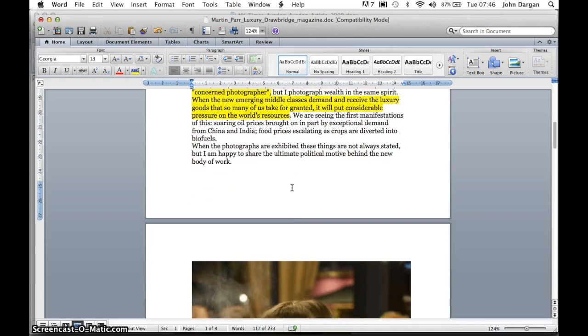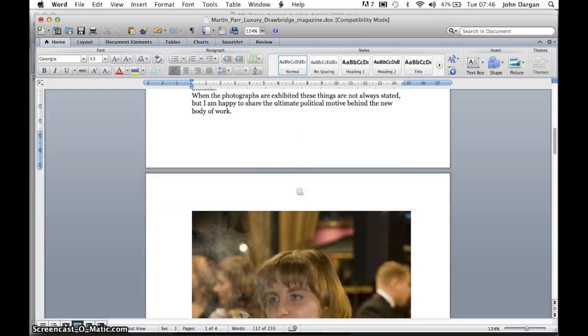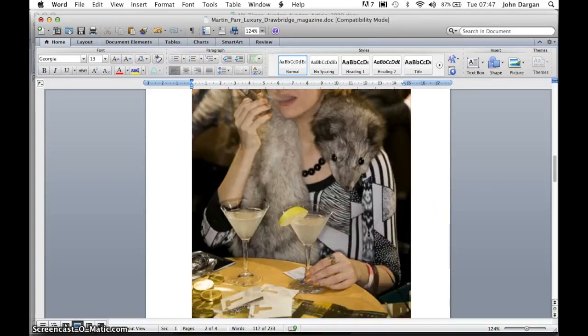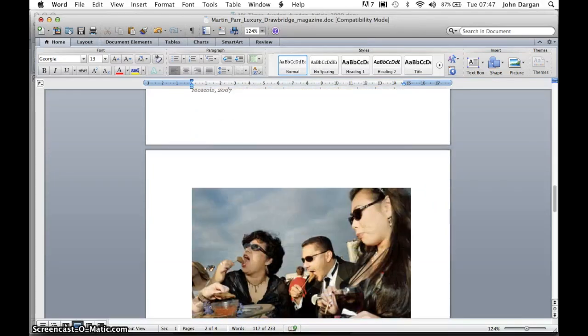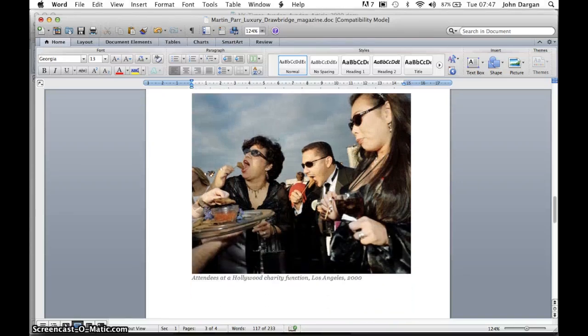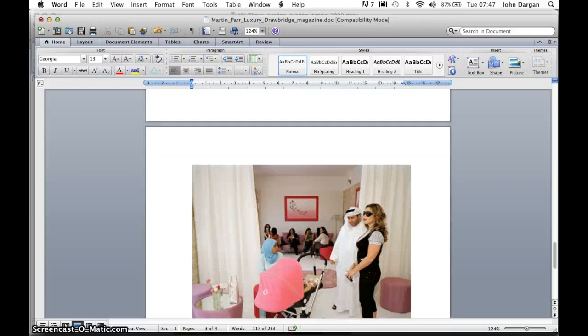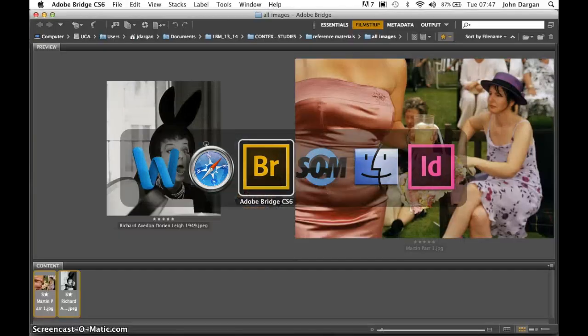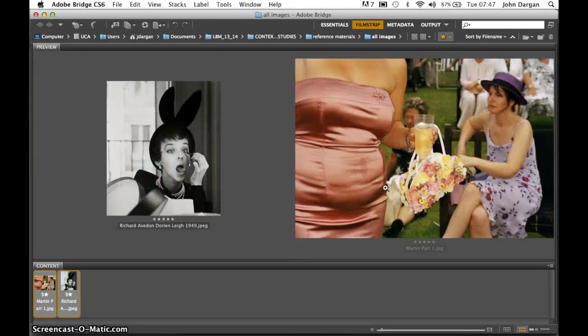He's worried that all of our resources are going to be put under pressure by people conspicuously consuming and displaying their wealth in this way. And obviously, a lot of people aspire to doing this. But going back to the image that's in the image bank,